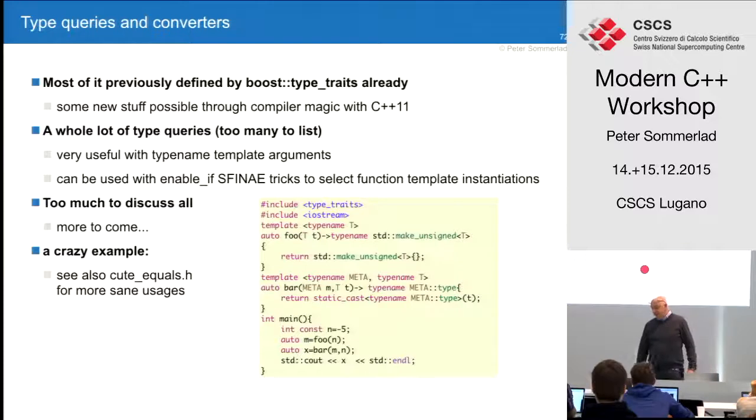SFINAE stands for substitution failure is not an error. It's one of the tricks used heavily in template metaprogramming, where you provide several versions of the same template and use specific conditions to select which one the compiler should actually choose.